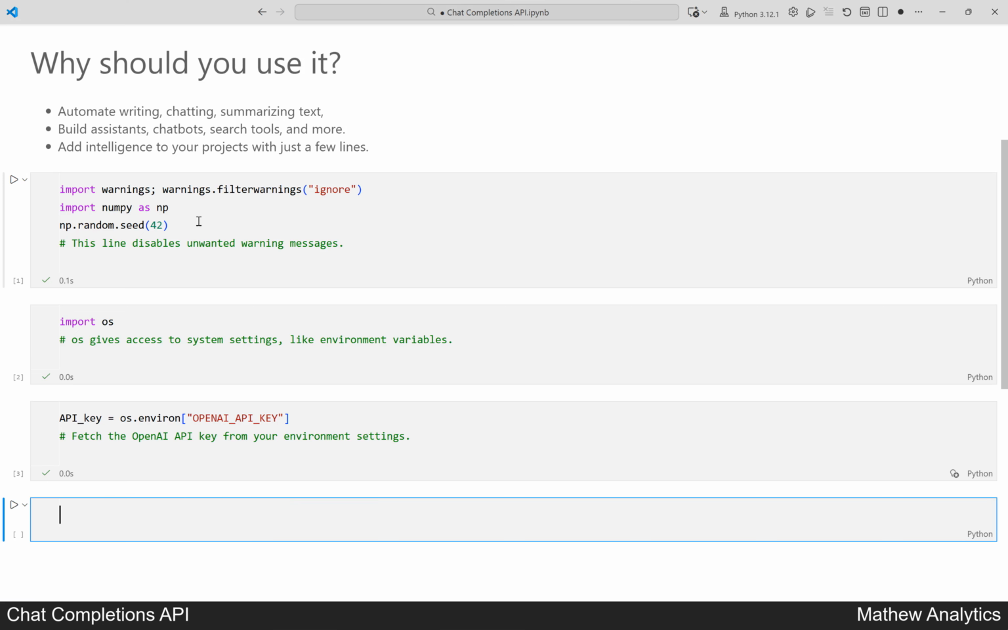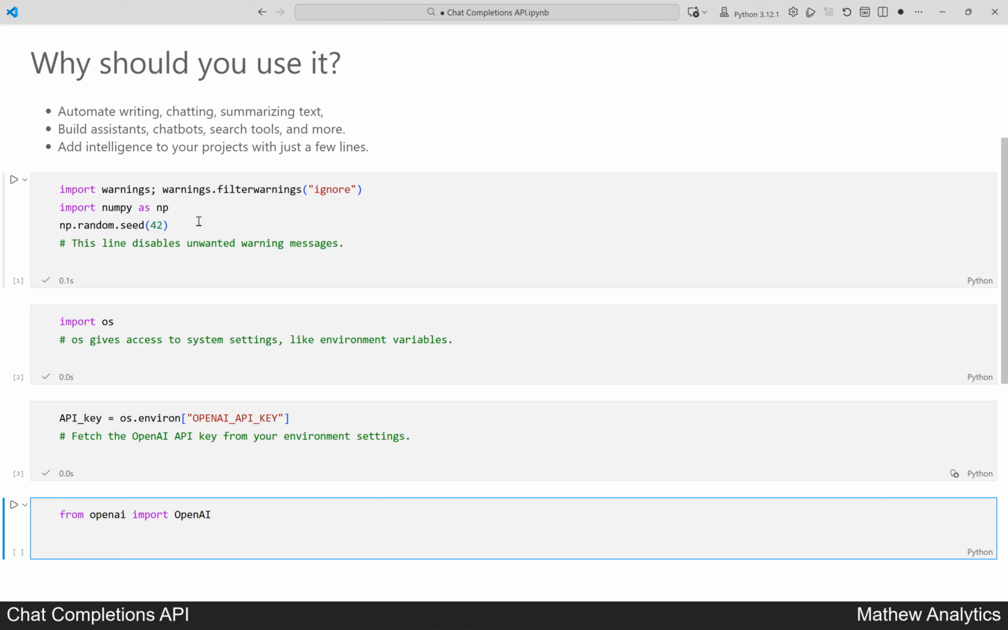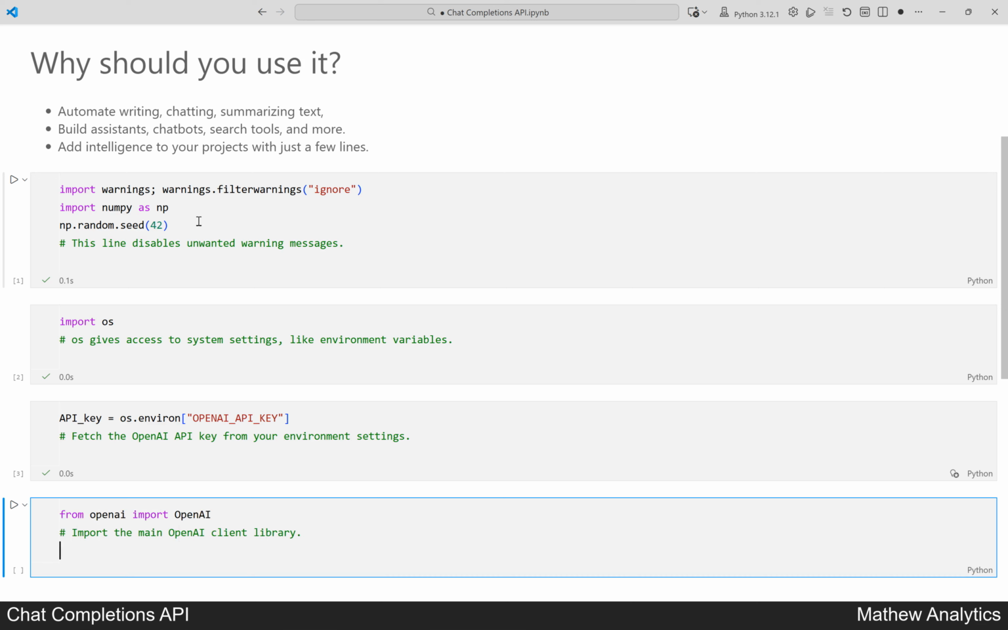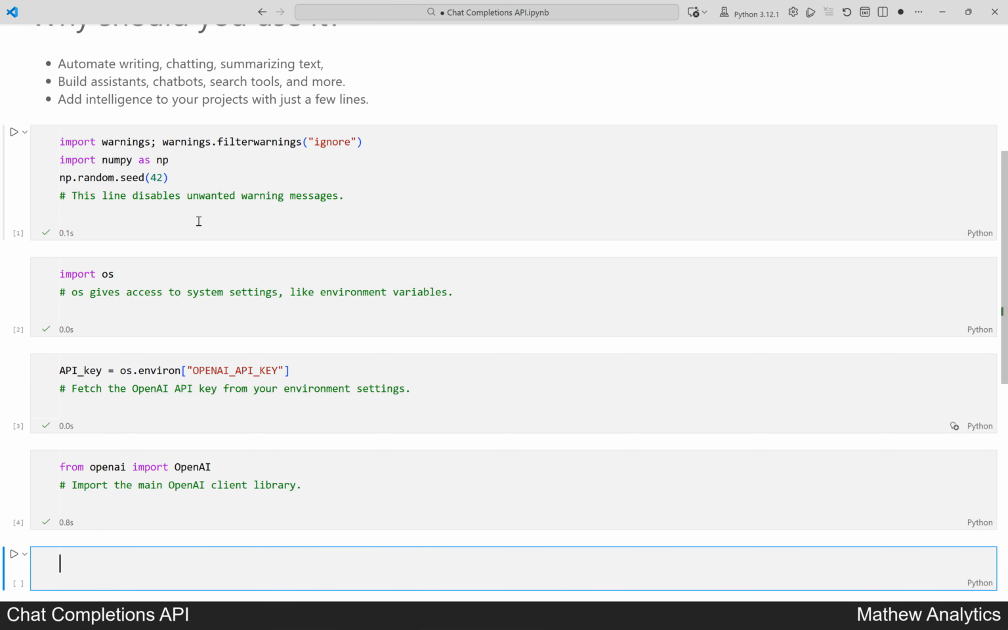We need to bring the OpenAI Python tools into our notebook. We import OpenAI. This is the library that talks to OpenAI's cloud. Now we can ask the API to perform smart tasks. Here, we've imported the OpenAI client library, which sets up the foundation to interact with AI